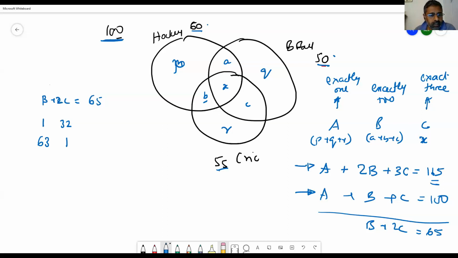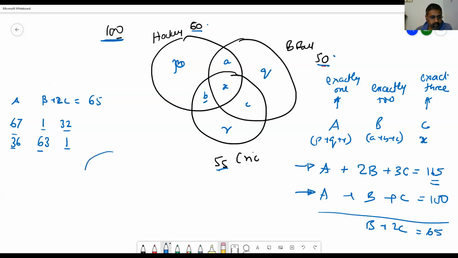Okay, and based on this, if this is the situation, then what will be the maximum value for exactly 1 from here? So here you'll get A. Based on this, you get 67, and the minimum value possible here is 32, 64, which is 36. Okay, let's try drawing a Venn diagram based on this so that we get clarity and see whether it really works.